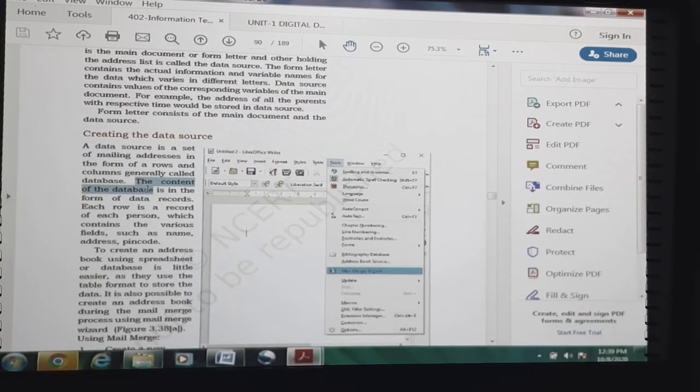Now whatever content we are going to insert will be in the form of data records, and each record is a record of a particular person which contains various fields such as name, address, pin code. Okay. So how to go to the data source? Here, by means of LibreOffice Writer and Microsoft Office Word, I am going to depict